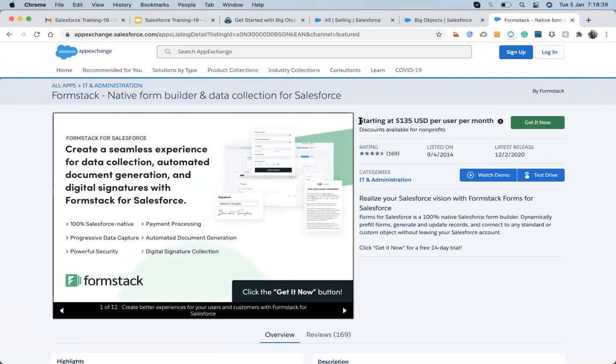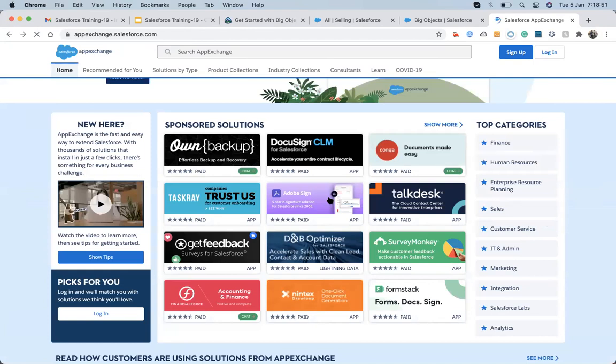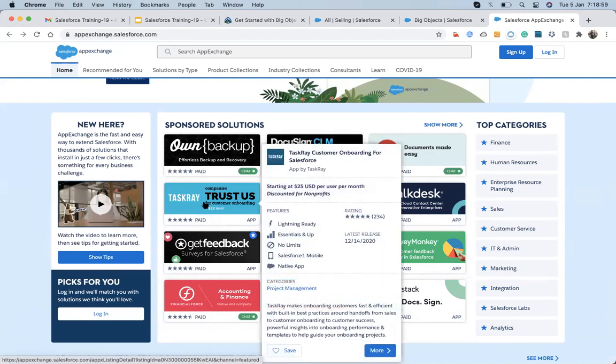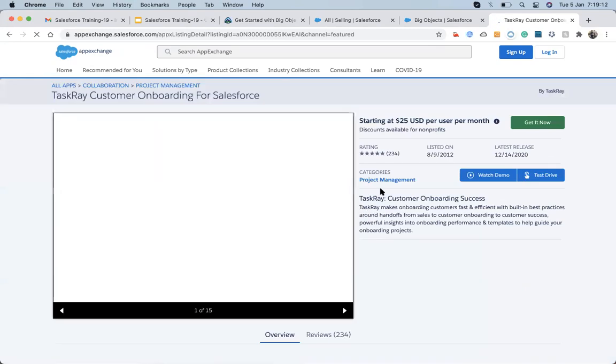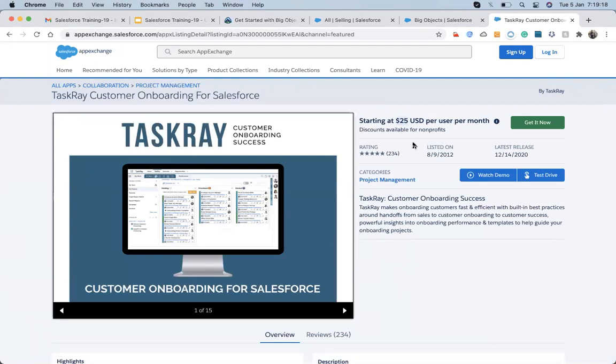We also have to consider the price, because usually they will charge a lot. But as an admin, you have to compare the development time with the charge. To design such a functionality by custom development might take 400 or 500 hours. That's the development time, and it will cost more than a lakh, it might even cost millions. But you just have to pay $25 per month, and you can take the same advantage.